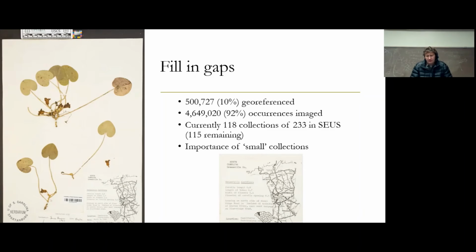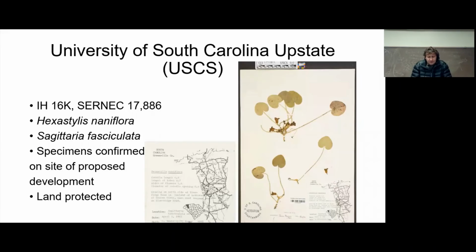And then this other question of the 115 remaining herbaria in the region, which might include another 5 million specimens. And a lot of those tend to be smaller collections. And so we ran into this question of what's the relevance of these smaller collections? Do they really have anything unique to offer that you wouldn't find at some of the largest herbaria in the world, like New York Botanical Garden or Paris Natural History Museum, those sorts of things? So I did a little quick